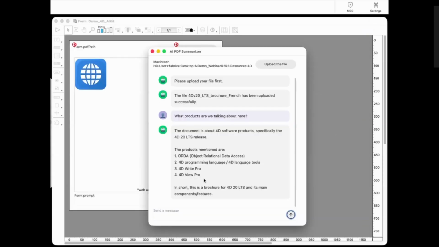As we can see, OpenAI answered the question and provided a list of all the products mentioned in the PDF document. And that's it. In just a few lines of code, we've uploaded a PDF file to OpenAI, had it analyzed automatically, and displayed a structured summary directly within our 4D application. What's particularly interesting here is that the AI configuration is completely separated from the business logic thanks to providers and